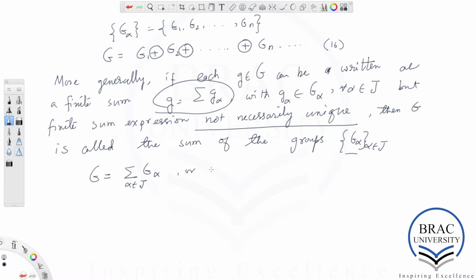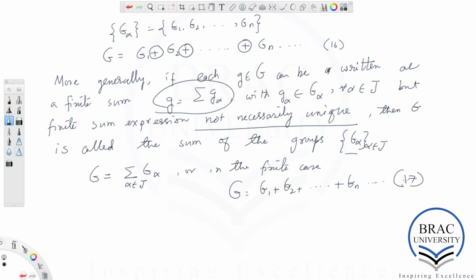Or in the finite case, as G is equal to G1 plus G2 plus all the way up to Gn. This is equation 17.